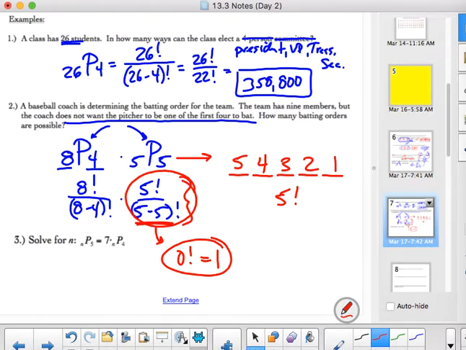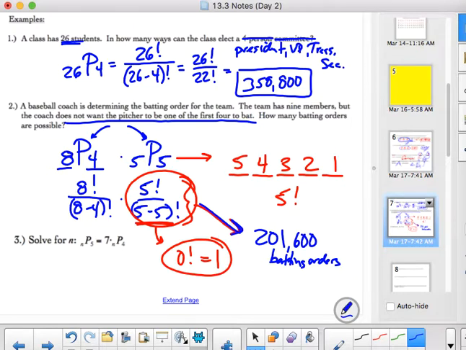So to make sure that our permutation formula is valid in all situations where we could use it, 0 factorial has to be equal to 1. That's one of the reasons why mathematicians chose to define it that way, just to stay consistent with the permutation formula. Anyway, so when I multiply all these together, finish this up here. When I multiply these together, putting this in your calculator, what I end up with is 201,600 different batting orders,